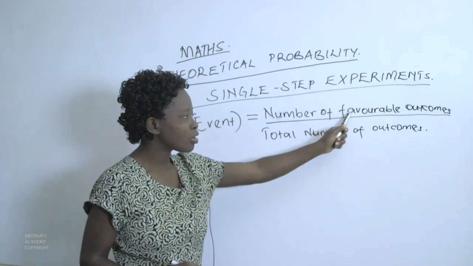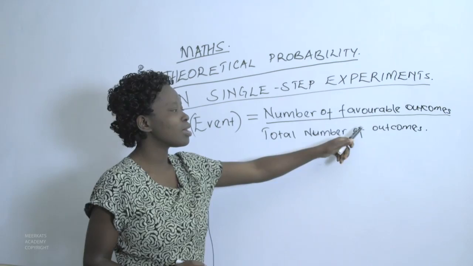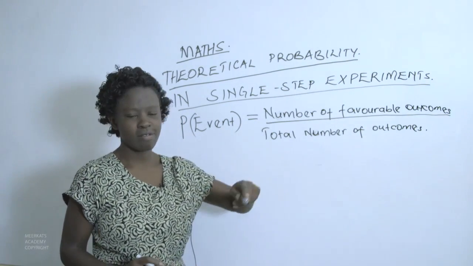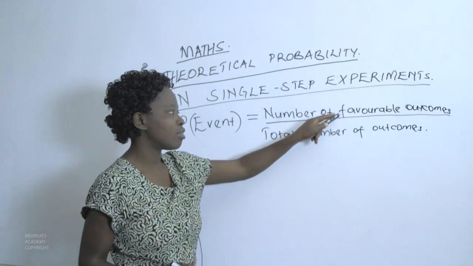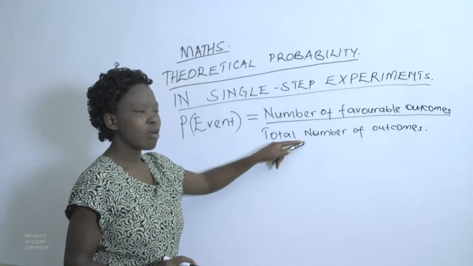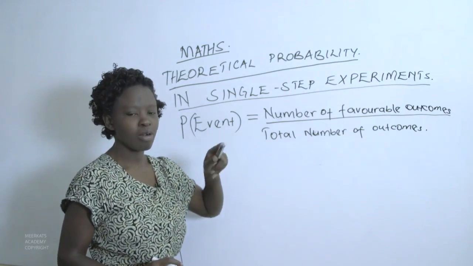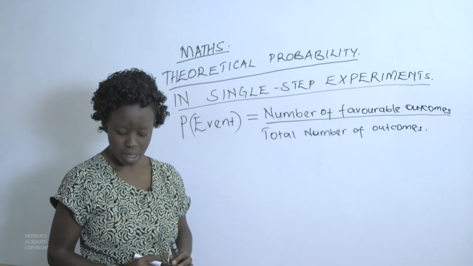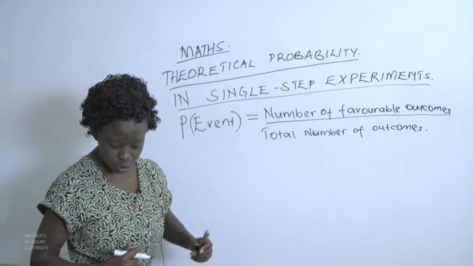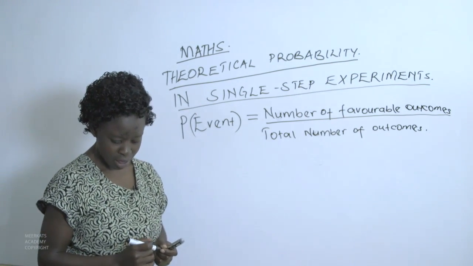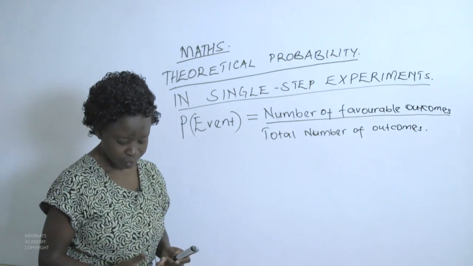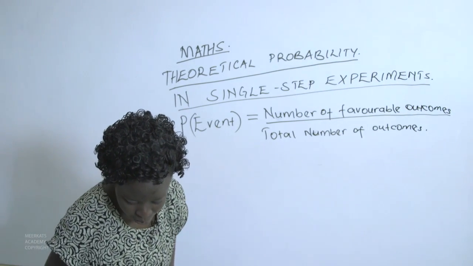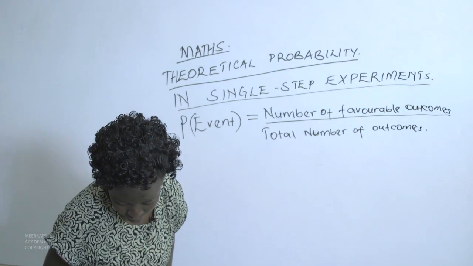So that outcome that is favored, that it is a must it appears in that given event, is what we are saying is the favorable outcome, over the total number of outcomes that are in that given case. So we have some few questions to deal with as we are looking at theoretical probability. For instance,